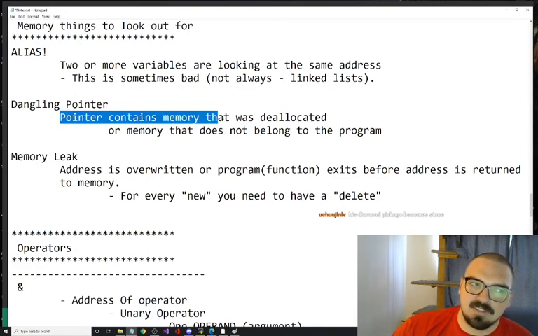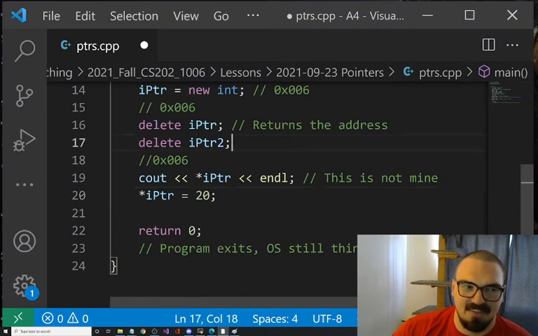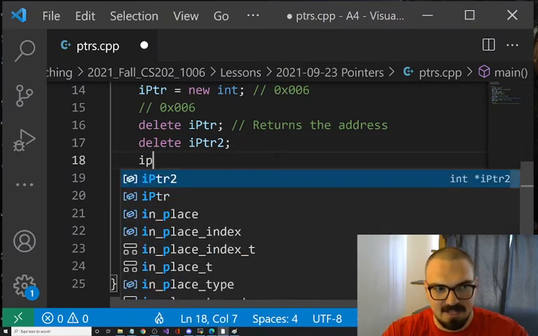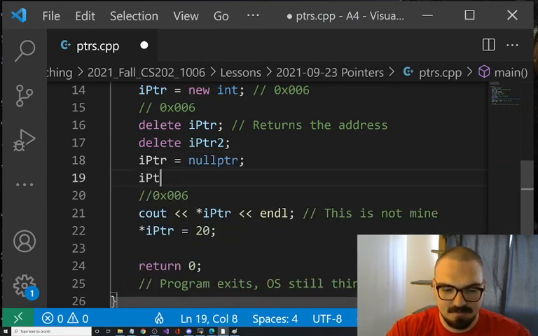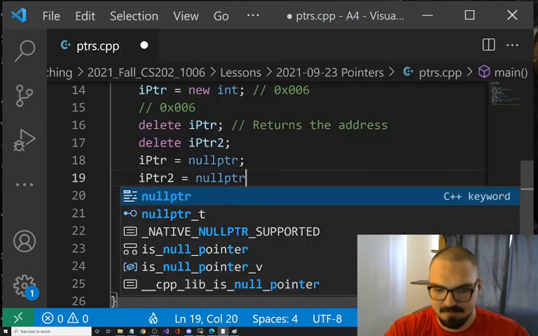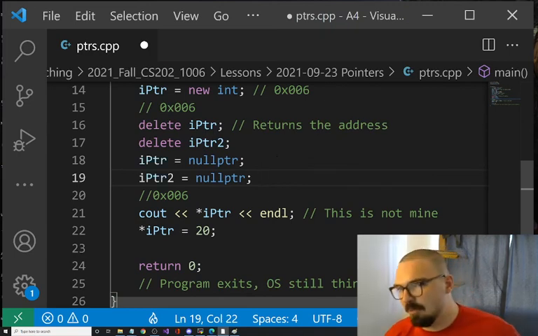So a dangling pointer is a pointer that contains memory that was deallocated or that does not belong to the program. How do we fix this? After every delete, set the pointer to null. This is very safe. Now my program will segfault,